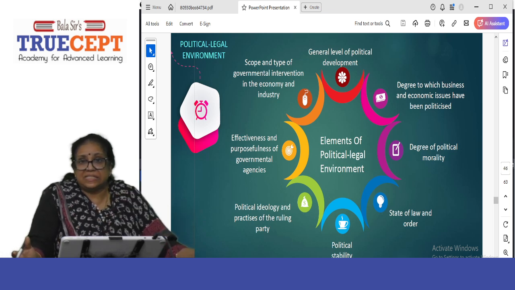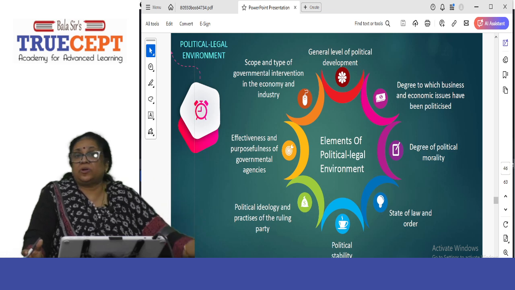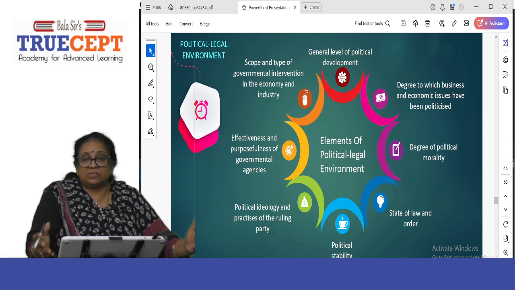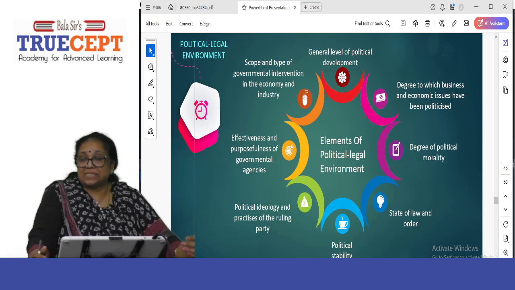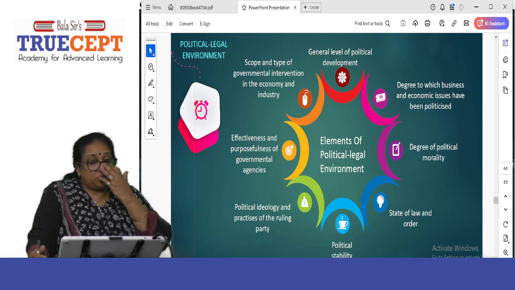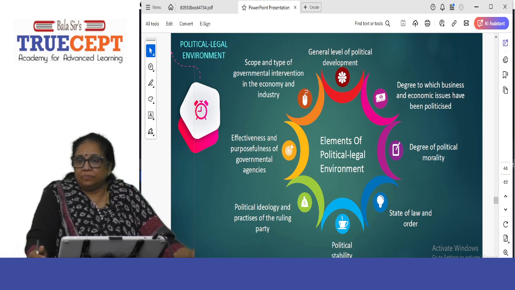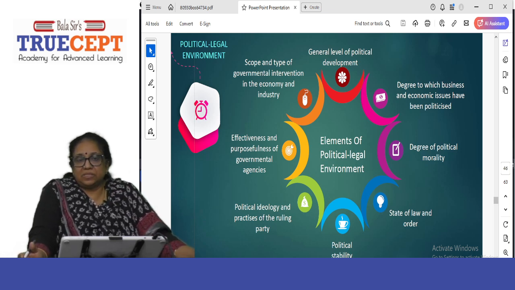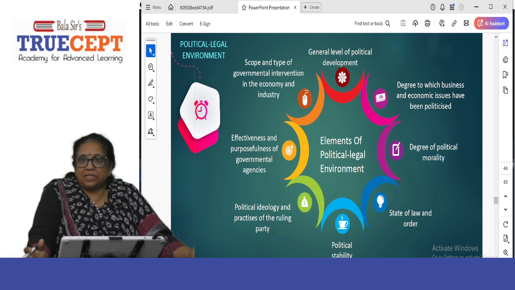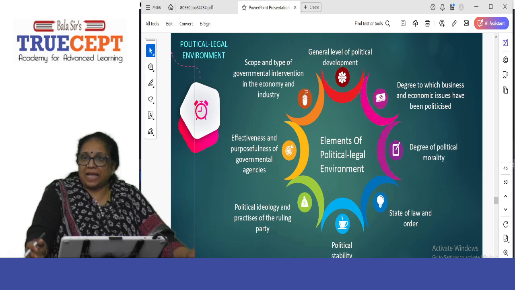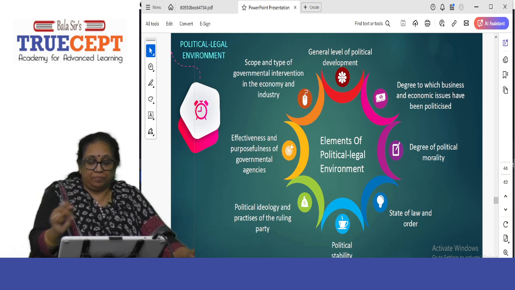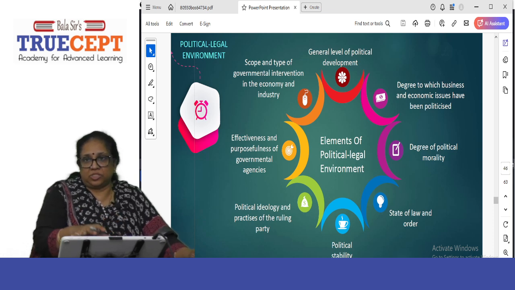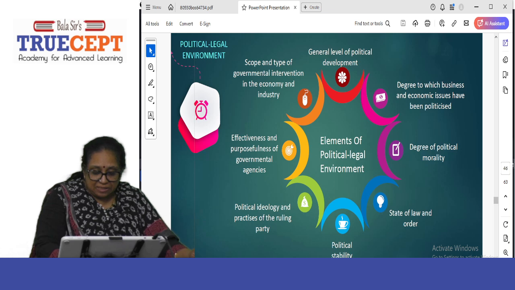He has to send an important consignment abroad. If there is a hartal, what will happen? So the state of law and order, political stability, then the government shouldn't be toppled overnight. So your business should have a stable political legal environment. See, then only the tax subsidies that are given will be there with you for a longer period of time. See, this part you have to concentrate on, because the question itself talks about